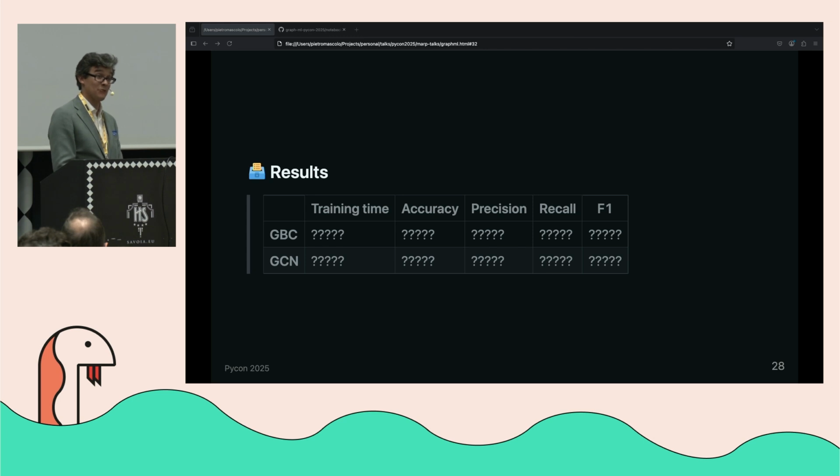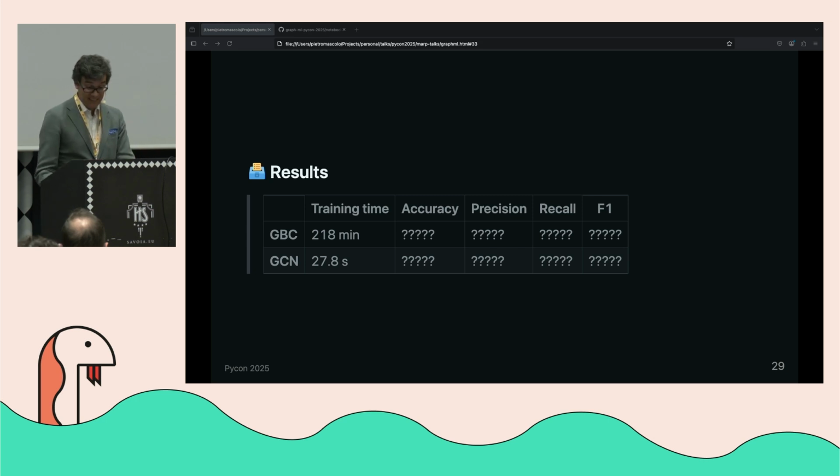So the main reason why I don't have a live coding session, the code is in the repository. So if you want to have a look at it and run it, please go ahead. But I'm not running it here because when I did that first time, the gradient boosting classifier took a little bit longer than I would have liked. It took almost 4 hours. And that was on a more powerful laptop than this, so I'm not even going to try here. Whereas the graph network actually took less than 30 seconds.